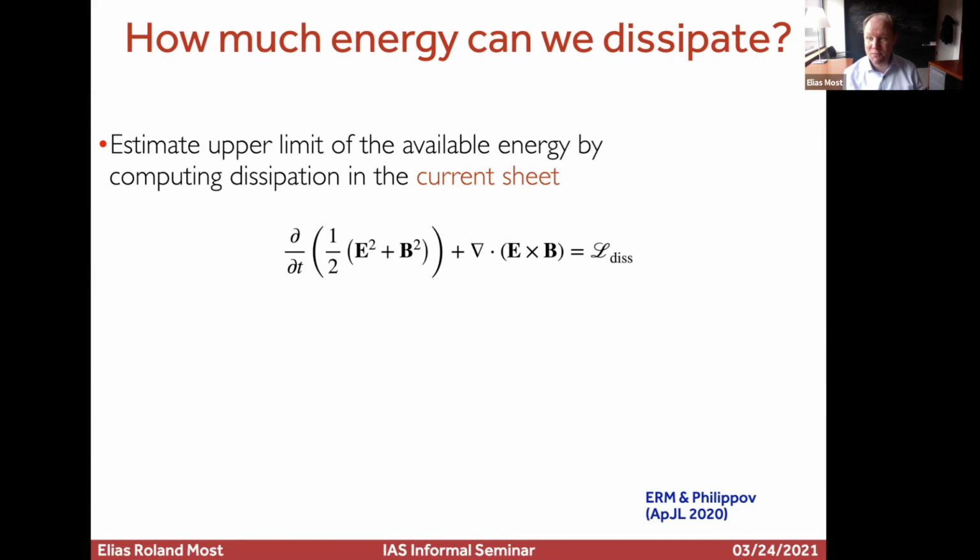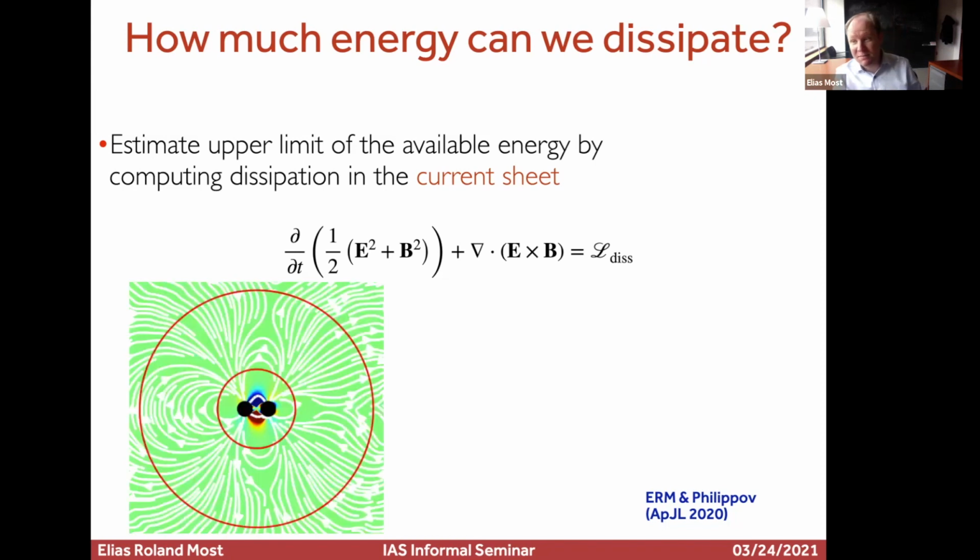And so you need some conversion mechanism to go from having electromagnetic energy to having something, say, in the radio band or the X-ray. And one of these things are those plasmoids and the merger of those plasmoids, because they're copiously around. In order to estimate how much energy is lost there, we have to do a little bit of accounting, very similar to the quick estimate I was doing for the maximum mass. Because what you can do is estimate the amount of energy that is being dissipated. And so what we generically do, just to give you some quick illustration, if this is the merger site down here with the two stars and there's some flare propagating out, we do a difference calculation of the Poynting flux.